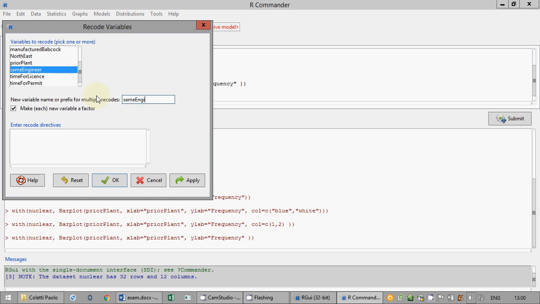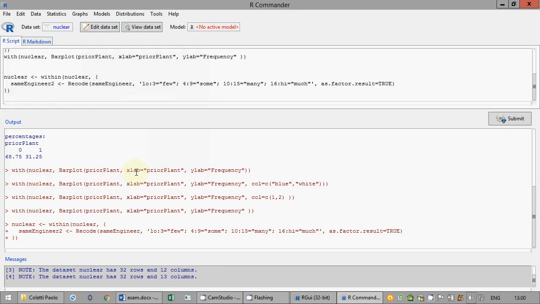same engineer 2. Lo to 3 equal few, 4 to 9 equal some, 10 to 15 equal many, 16 to hi equal much. You could also write 1 to 3, but here, unless you know exactly how many there are, I press OK, and in this way I'm building just a